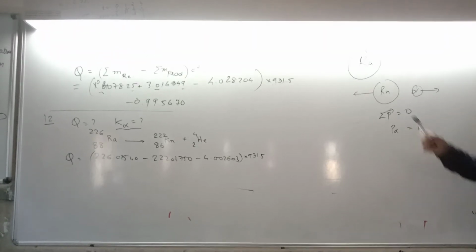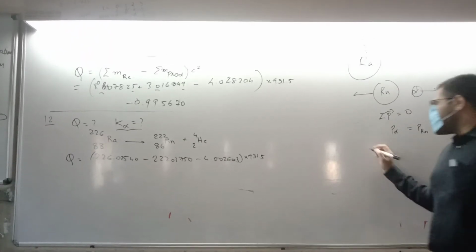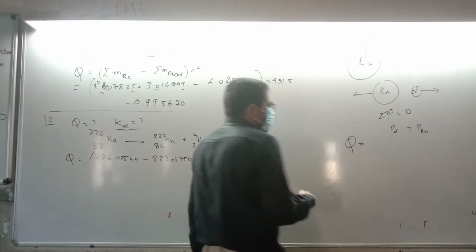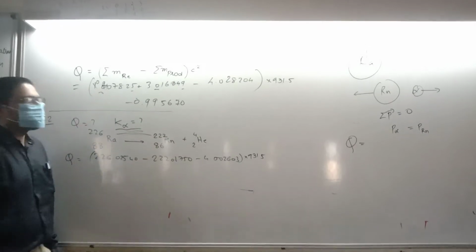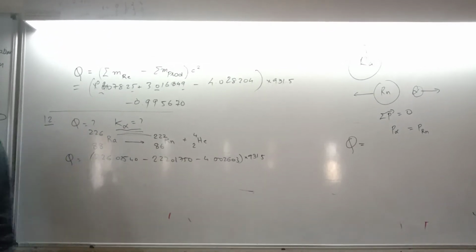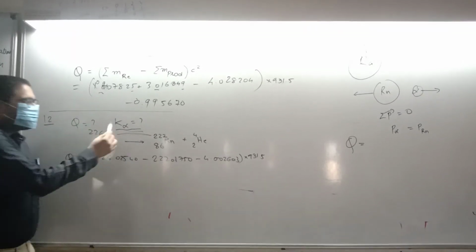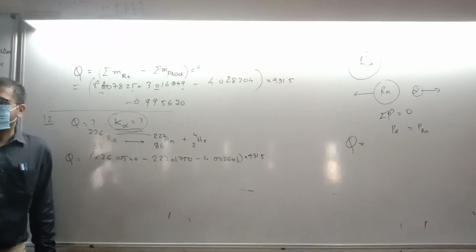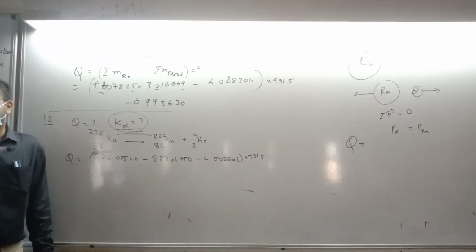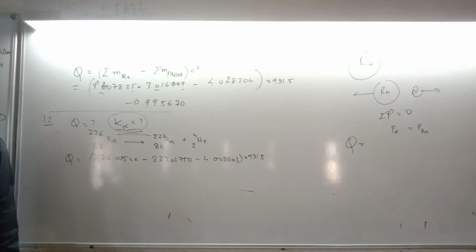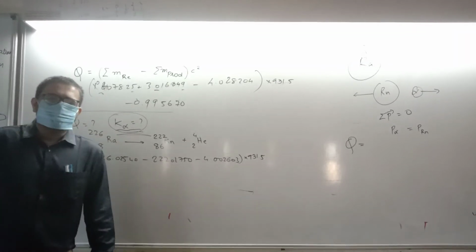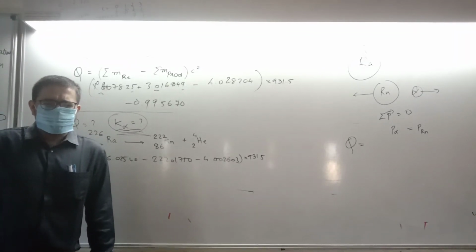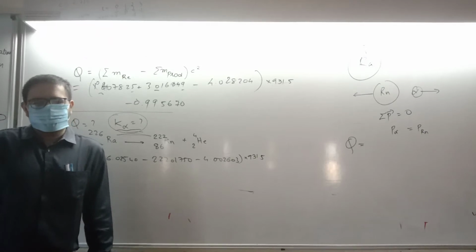Once you know this one equation, finding kinetic energy is not tough. There is one more way to write Q in form of kinetic energy. What's that? How to write Q in form of kinetic energy? Did you write it or not? PV/2, sorry, PV/2. What formula does that mean?